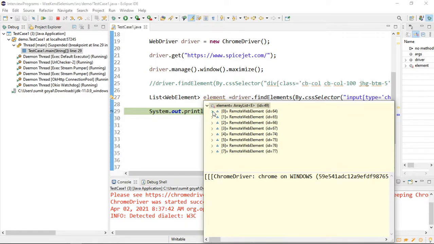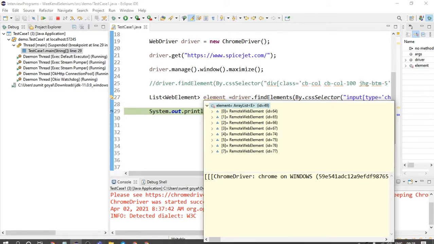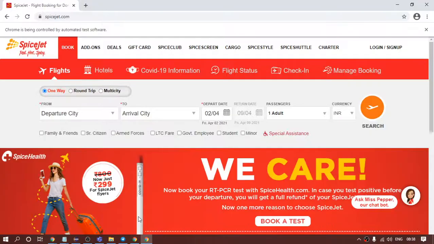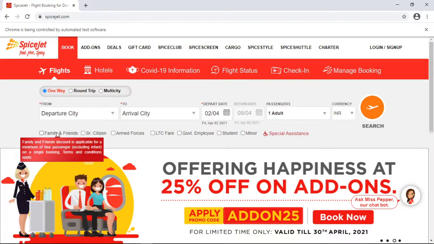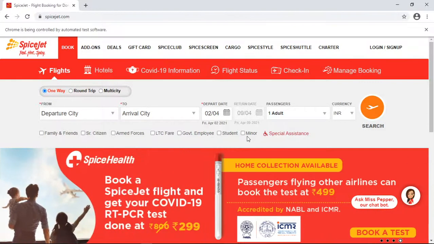So at index number 0, right? Do not worry about all these. What I want to see is that at index number 0, our first text box will be present. At index number 1, that voucher 1 which we are not able to see. At index number 0, that will be present. At 1, this will be present. At 2, 3, 4, 5, 6, 7. So this is how it has captured all the text boxes, right?